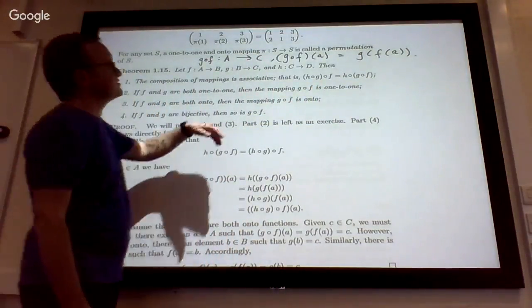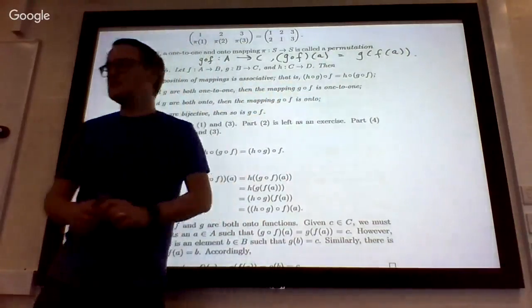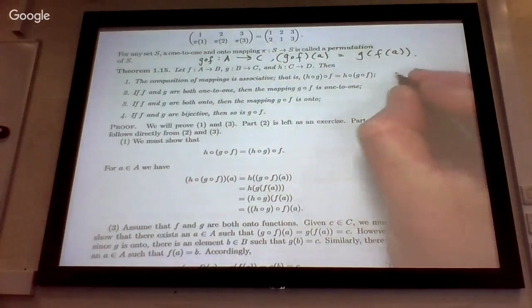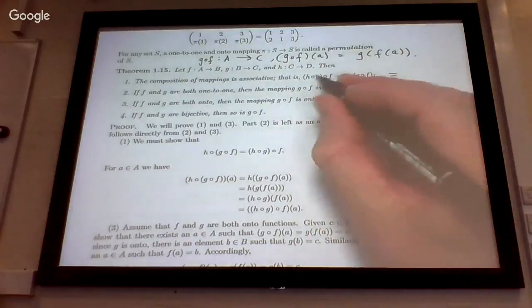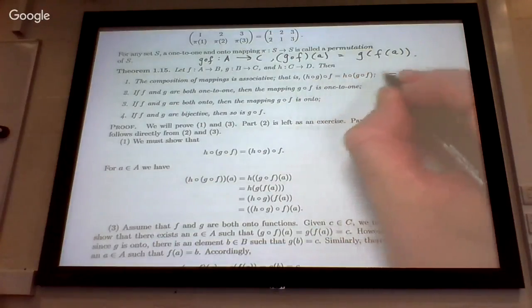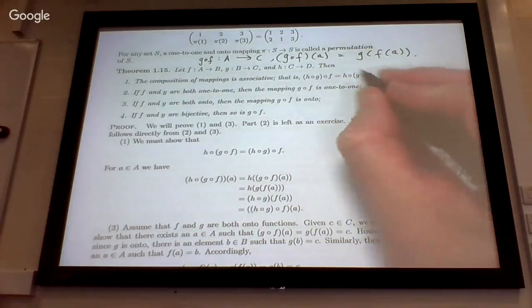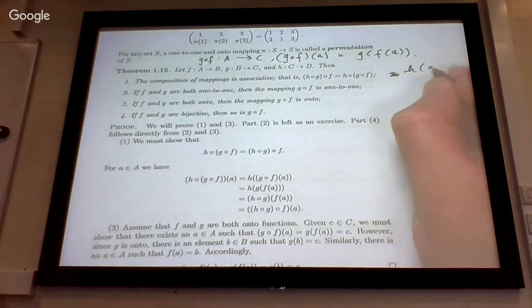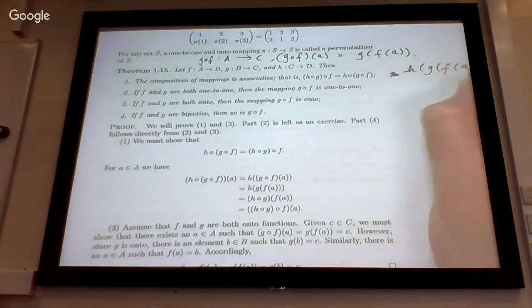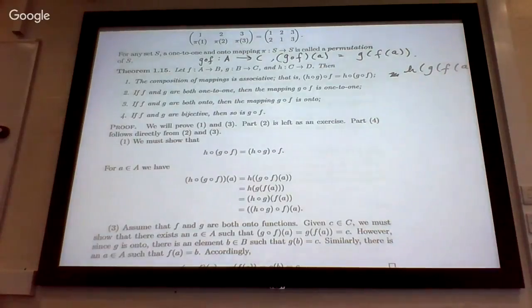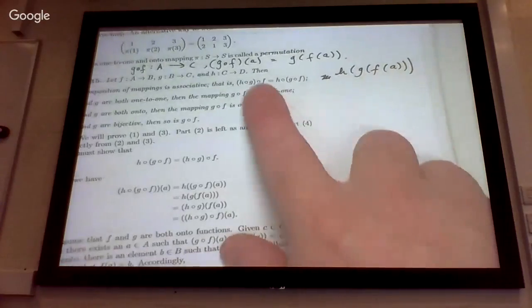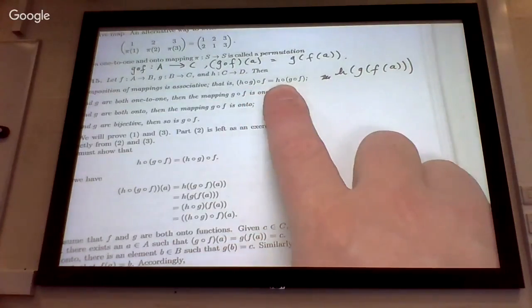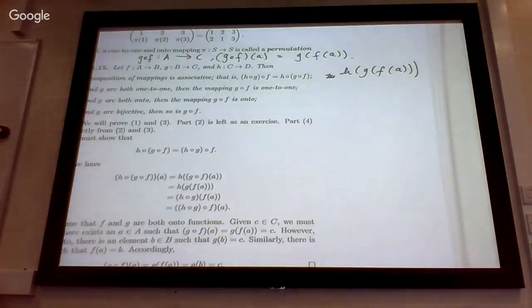It's a bit confusing because both of them just correspond. Basically the proof of this is working out that both of those expressions, either side of the equal sign, when you apply them to an element a, you get h of g of f of a. First apply f, then apply g, then apply h. And it doesn't make a difference what pairwise order we specify the composition of.